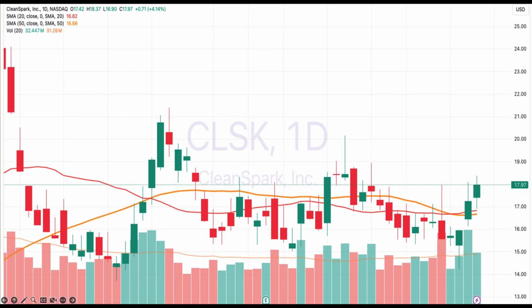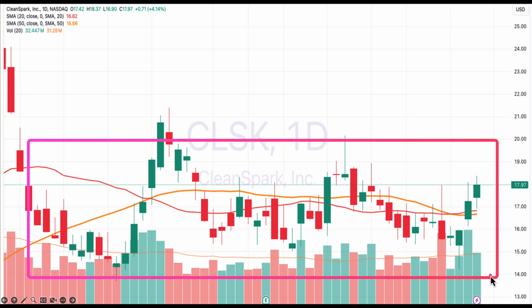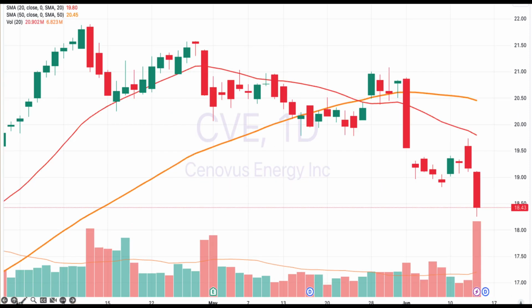And then also taking a look at CleanSpark. Here we are. This thing is also going sideways pretty much for the most part. So these two go in the sideways play here, and let's talk about the bearish ones. I really like some of the